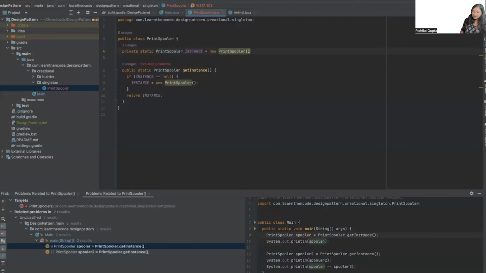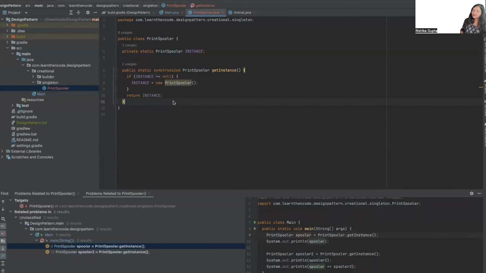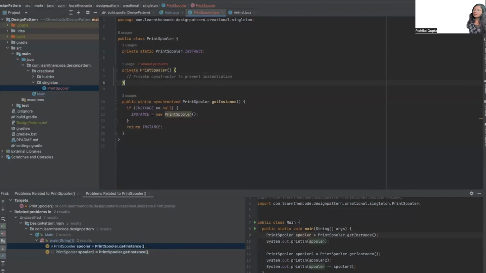So this was your initial singleton pattern. Now in this block, which was not thread safe, I'm going to add a keyword called synchronized. So only one thread can access this block at one time. This will definitely affect the performance of your code, but at the same time, it will make your code thread safe. And here also you should have a private constructor to avoid initialization of objects.